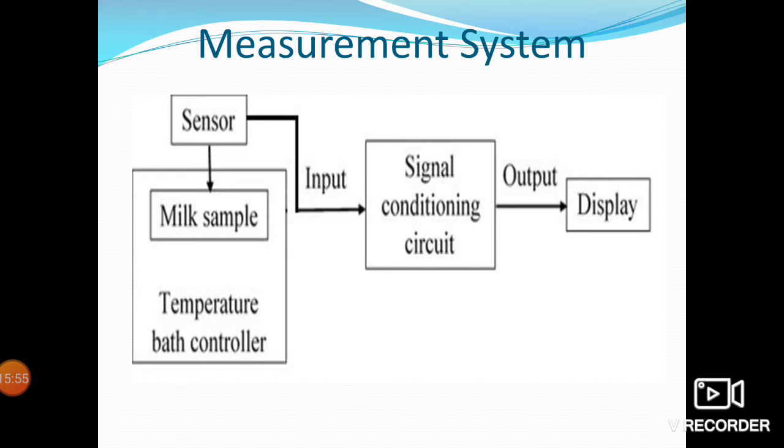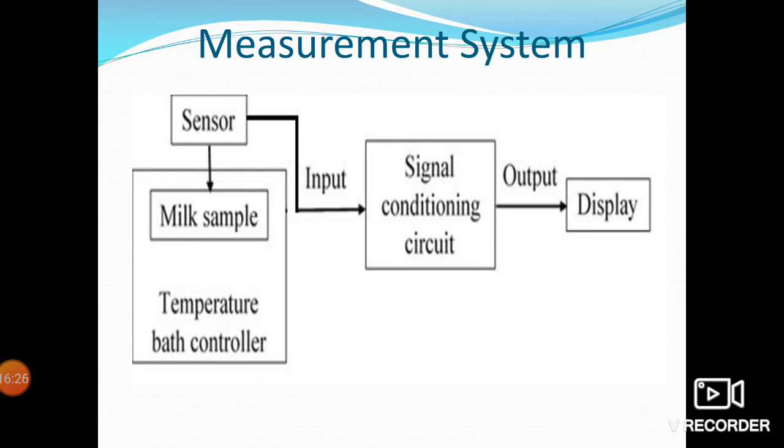We need to understand, if we want to go about building a certain measurement system, what are the basic elements that we need to connect? The first important one is a sensor, a very important part, the one which senses the parameter. Different sensors have different designs and different principles by which they sense a particular type of